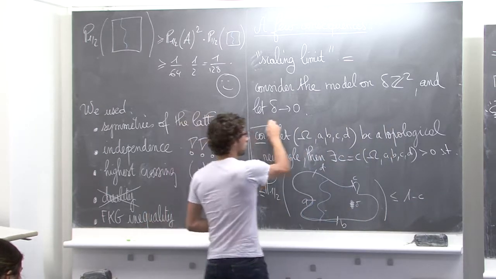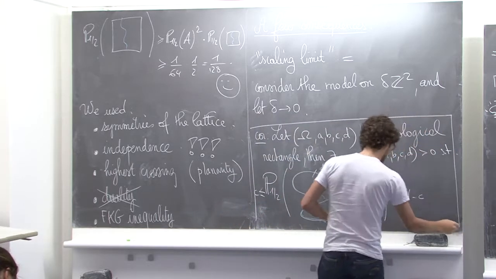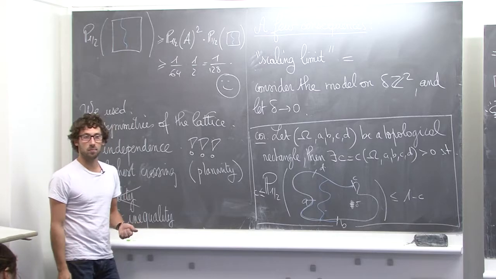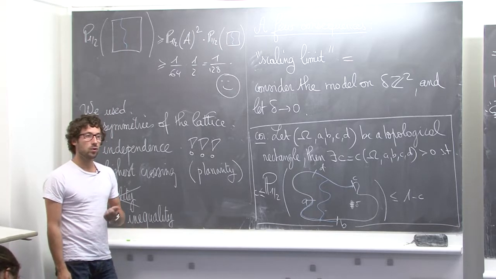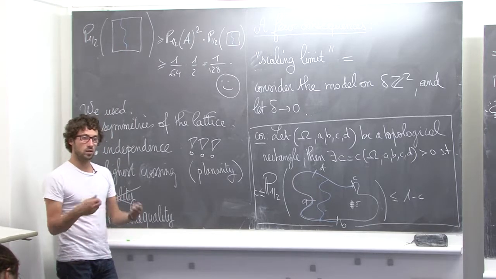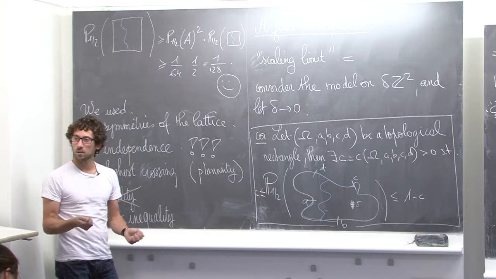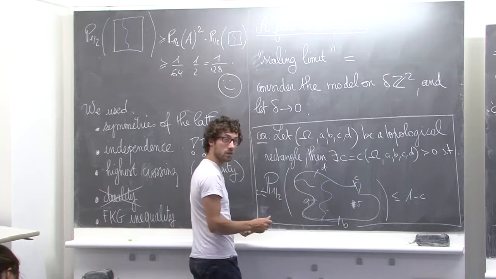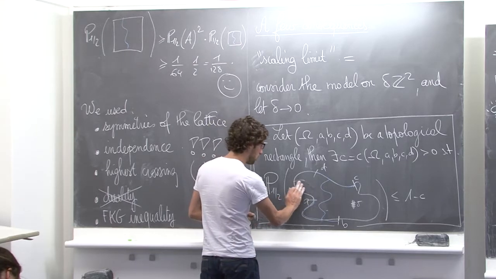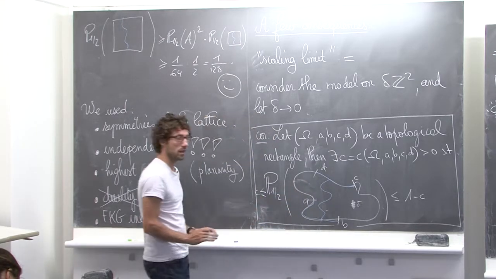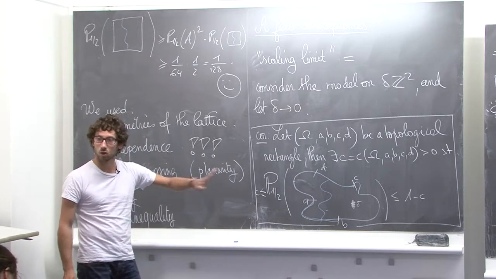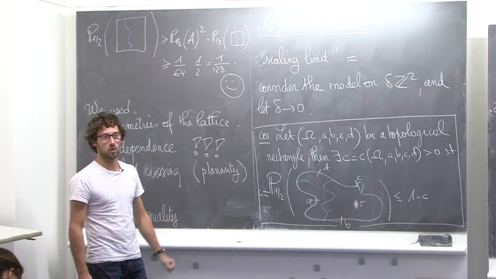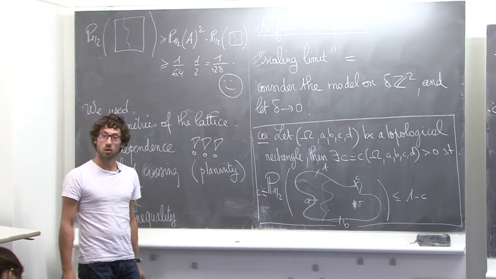So what is a topological rectangle? It's just a simply connected domain with 4 distinct points on the boundary. If you don't want to take too large a generality, because what you mean by a boundary when you have, for instance, slits like that is unclear, and I don't want to discuss prime ends or things like that, let's just take a Jordan domain. Take a C1 curve, 4 points on the boundary, you get a topological rectangle.